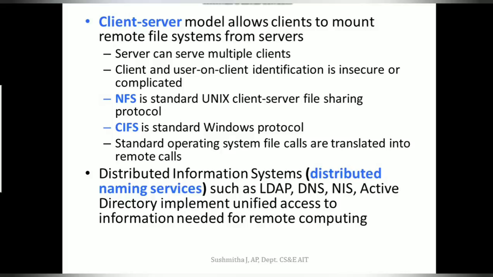A server can serve multiple clients, and the client can also send requests to multiple servers. The server specifies which file or resource is available to which client. For example, a client is asking for a file access.